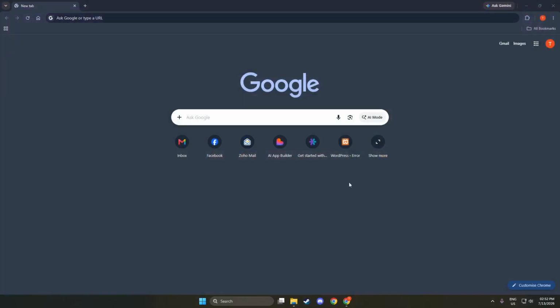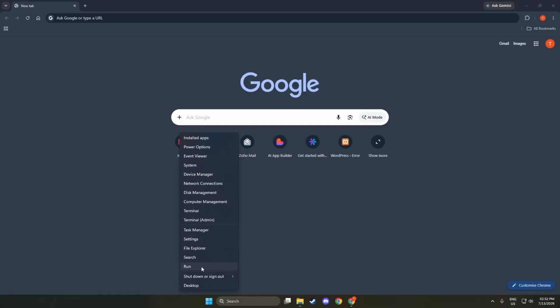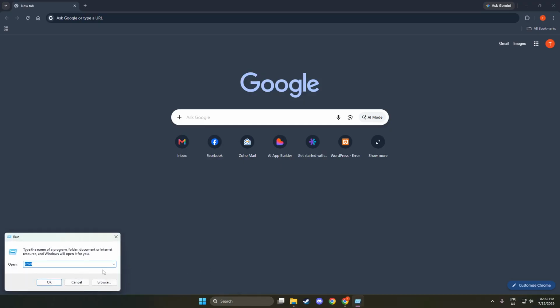Next, right-click on the Windows Start menu. A context menu will pop up showing various options. From this menu, select Run. This will open a small dialog box where you can enter commands. The Run command is a powerful tool in Windows, allowing quick access to various system functions. It's important to use this method because it sets us up for the next steps where we will be interacting